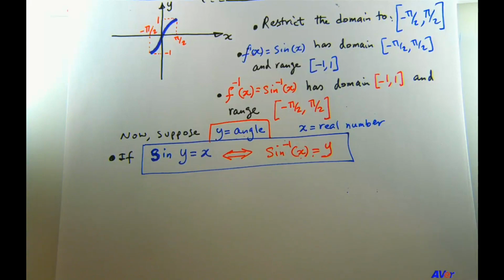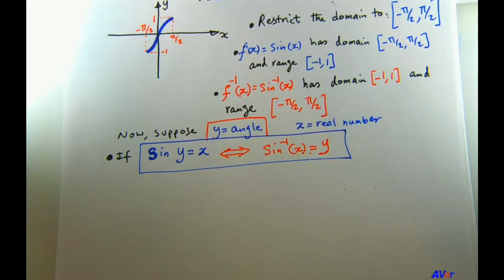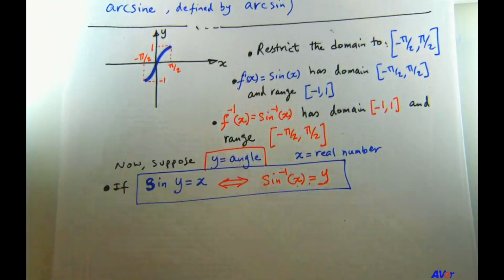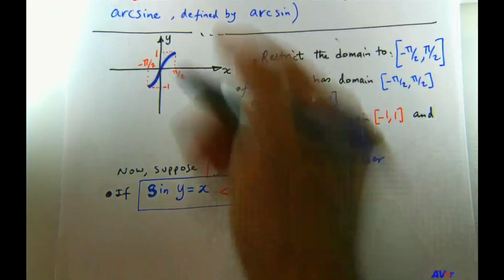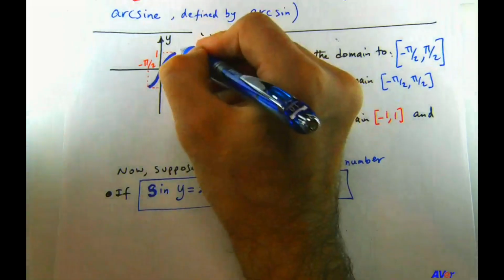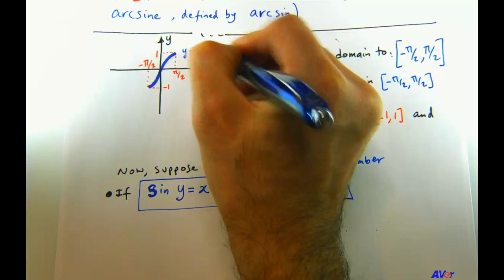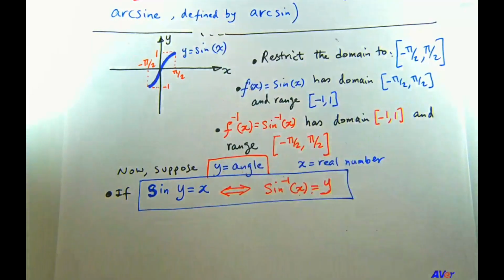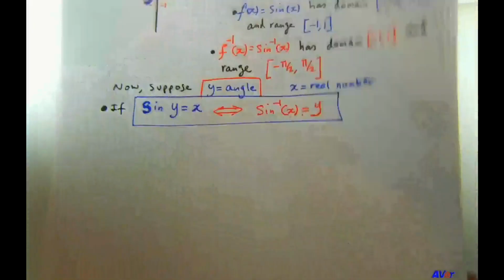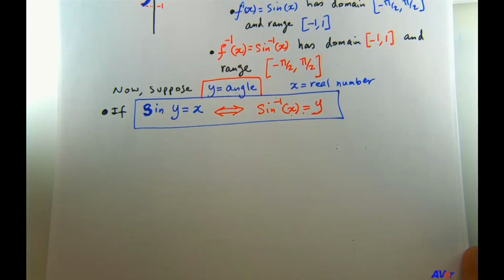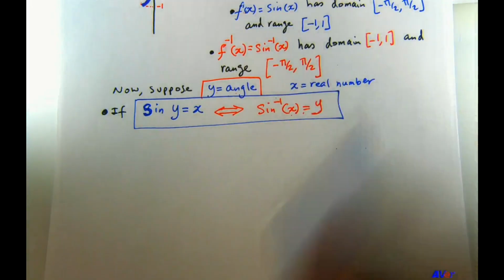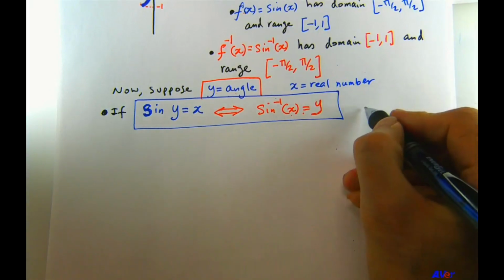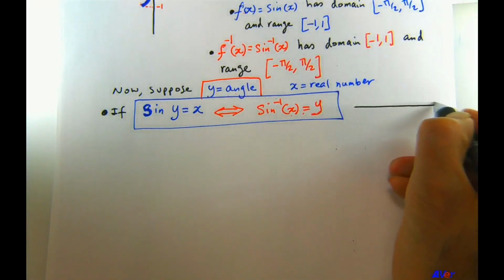Okay. Now the properties. By the way, this was what I drew here. This is y equals sine of x. I have not yet drawn the graph of the inverse function. So let me do that. Now that we know that, I should have probably done it here. As a matter of fact, I can. So let me draw it here next to that.